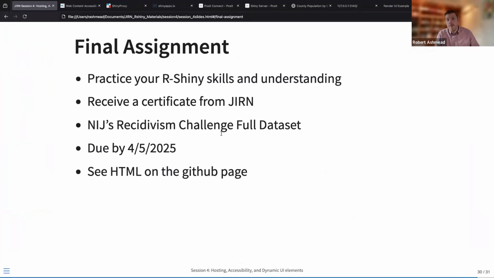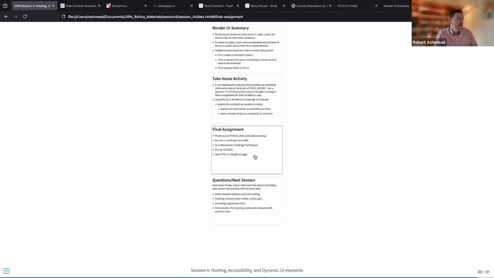So I've left some of the take-home activities about the recidivism challenge data set for you all to work on your own and not gone over some of the answers. So I'm actually going to have this final. If you've done some of those already, you're pretty much done with this final assignment, which is nice. So this is going to be based off of